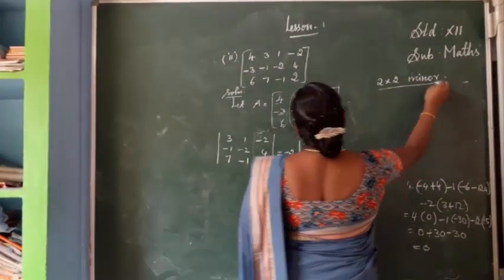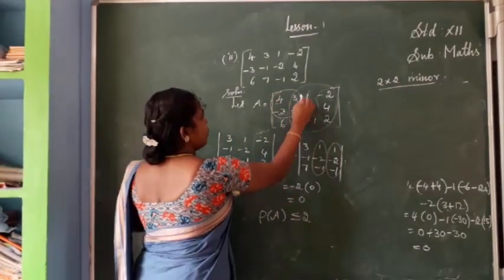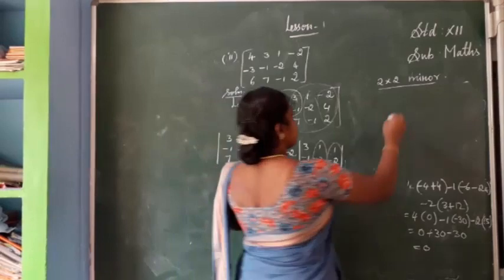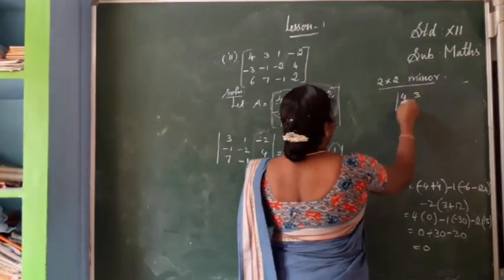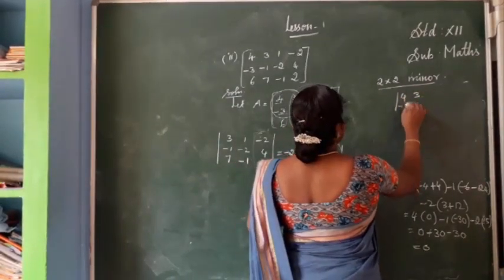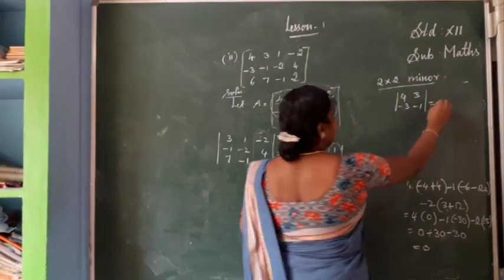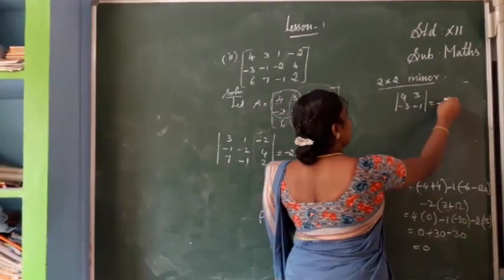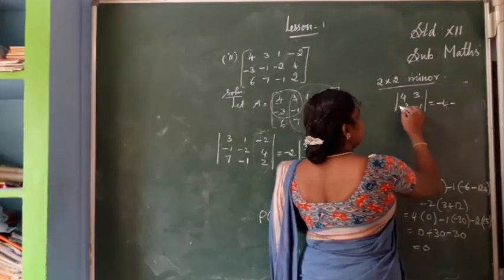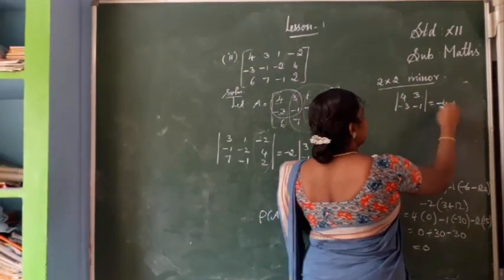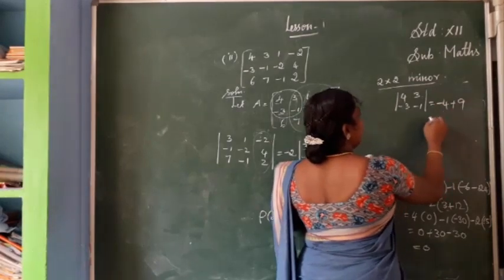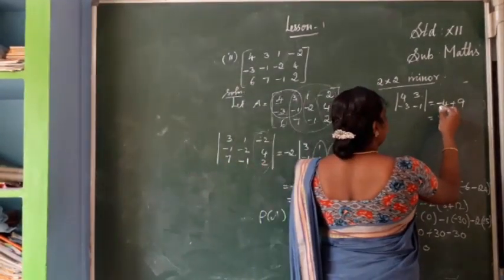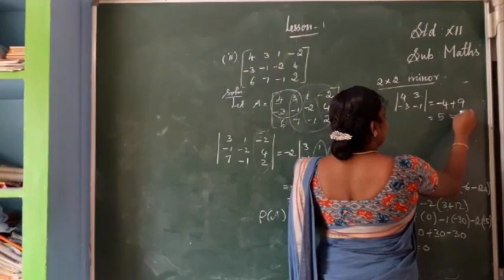Okay, the 2 by 2 minor is the first 2 rows, 2 columns. What is that? 4 3, minus 3 minus 1. Sorry, it's |4 -3; 3 -1|. Now we find the determinant. 4 into minus 1 is minus 4. Next you have to put minus, then here also minus or plus: 3 3s are 9. Okay, now you see 9 minus 4, 9 minus 4 is 5, which is not equal to 0.